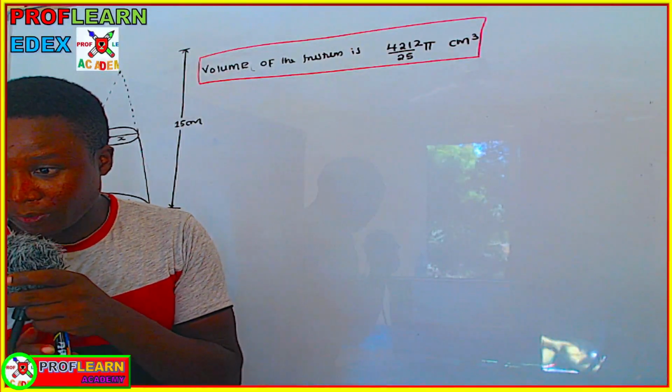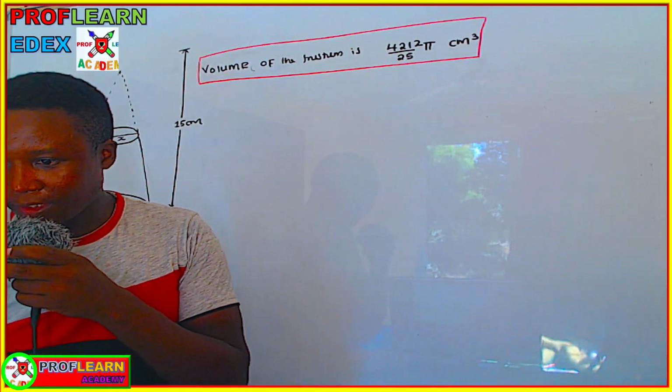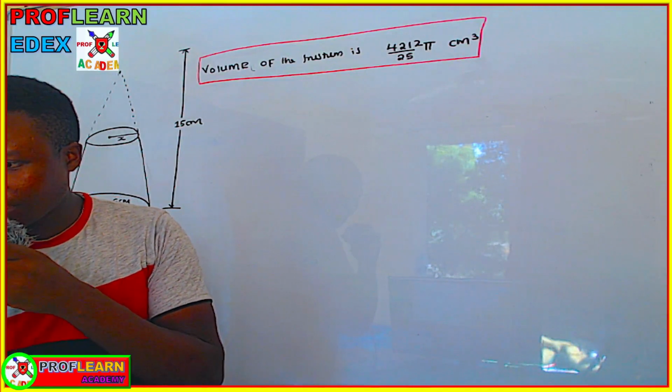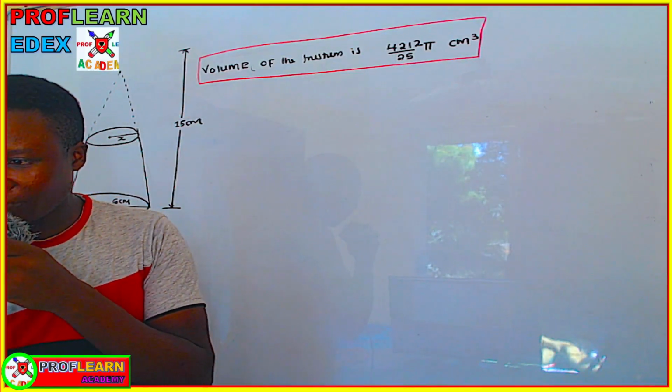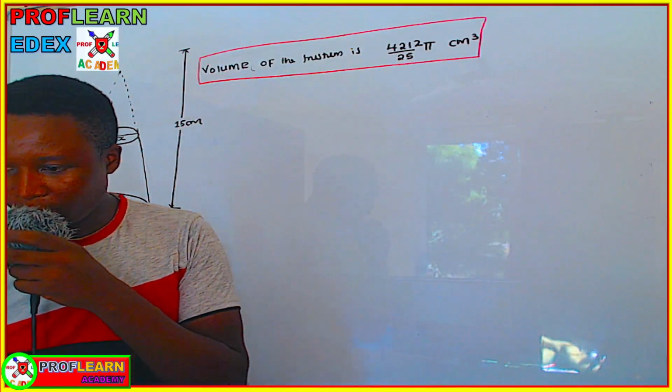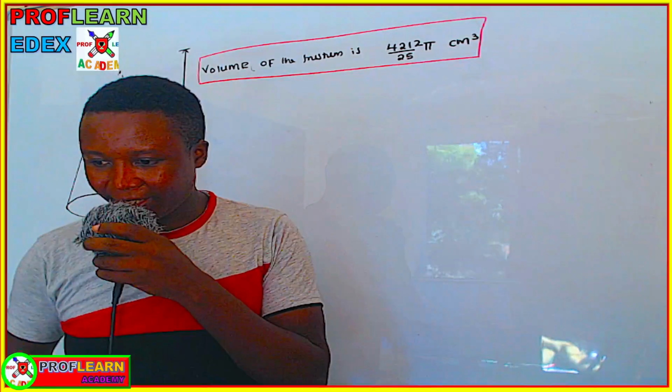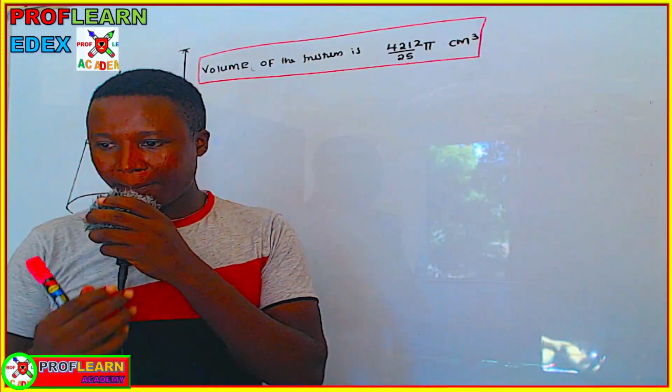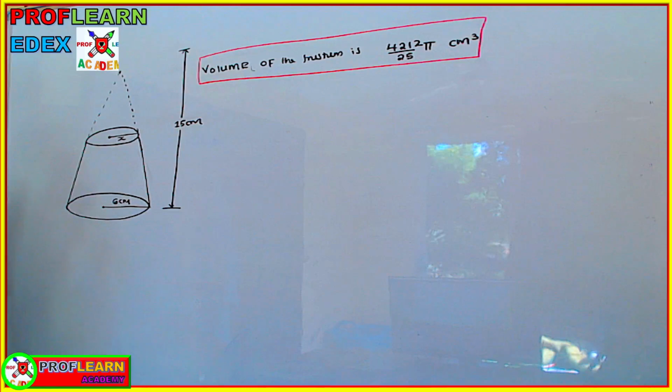In this question, we are told that the volume of the frustum is 4,212 over 25 pi. So we are supposed to find the value of x. How can we go about this particular question? And because you can see